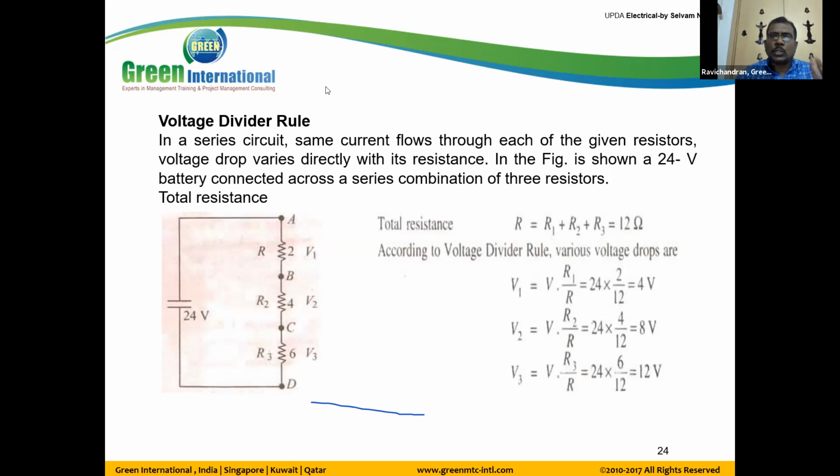So another two important rules are there: the voltage division rule and the current division rule. Before going to the voltage division rule, just see this diagram. 24 voltage,